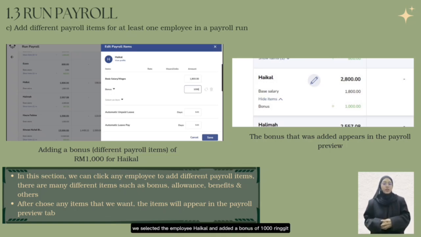For our hotel, we selected the employee Haikal and added a bonus of 1,000 ringgit. Once the item is added and saved, it appears under Haikal's name in the payroll preview tab. This allows us to confirm that the bonus or any other added items are correctly included before finalizing the payroll. By following this process, the hotel can customize payroll items for individual employees while ensuring accuracy and transparency in the